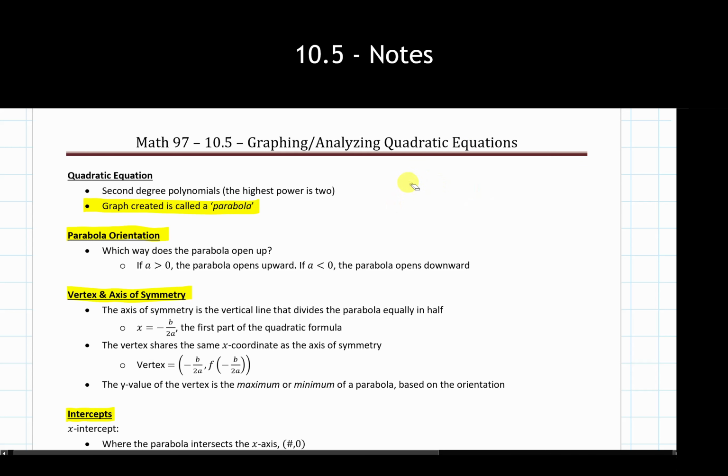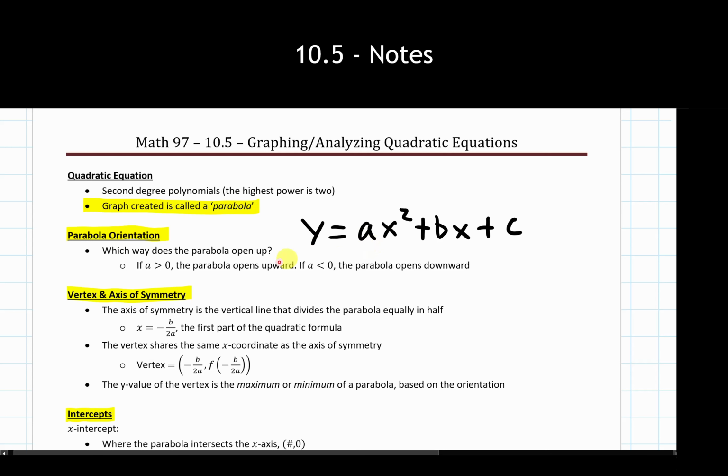So, the orientation of a parabola. Is this thing opening up, meaning we have it like that, or is it opening down like we saw with our example there? The way we analyze this and figure this out is we first determine what is the a value of our parabola. By a value, I'm referring to having this written in standard form, ax squared plus bx plus c. So I need to figure out what this a value is.